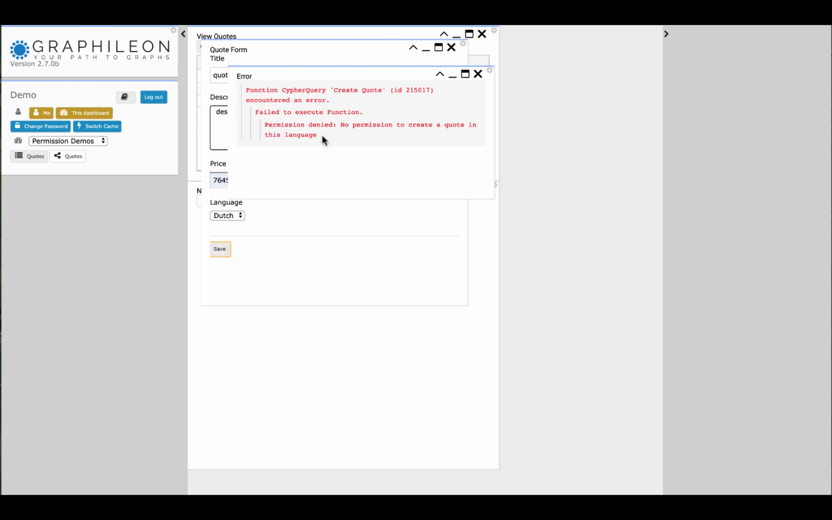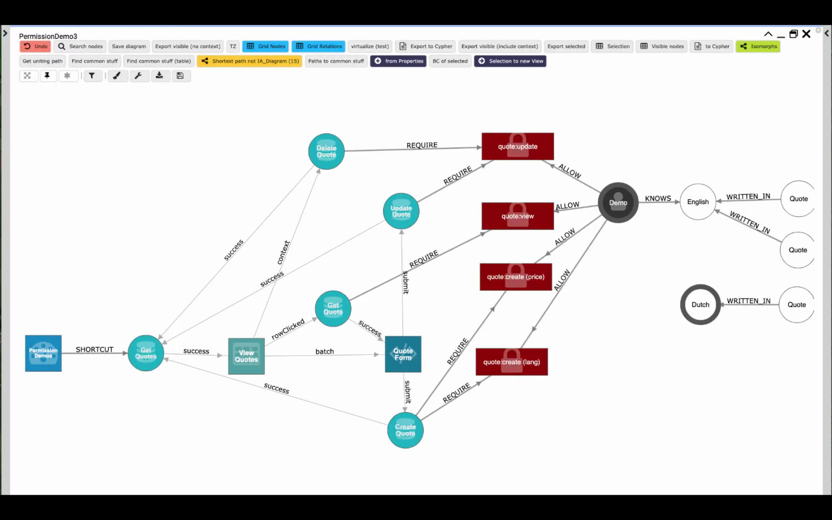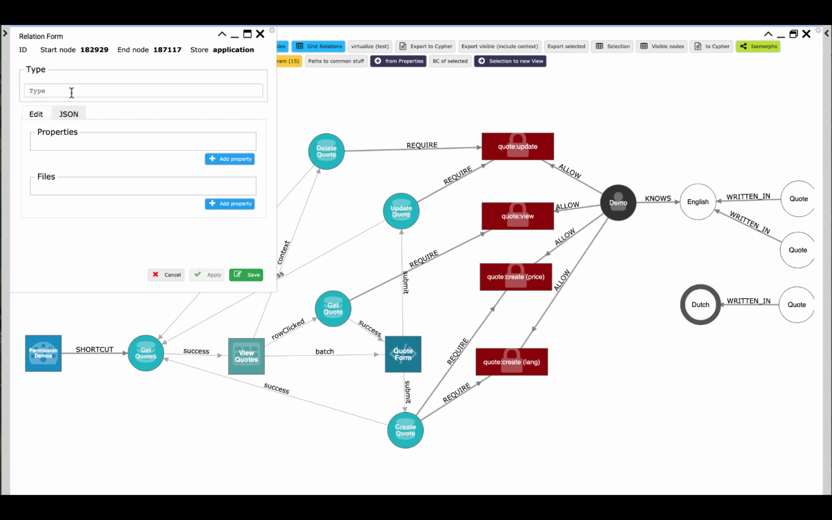Now this returns the message permissions denied, no permission to create a quote in this language. If we look at part of the data, it is obvious that it shouldn't grant the permission because the demo user doesn't know the Dutch language. So if I now would create that relationship,